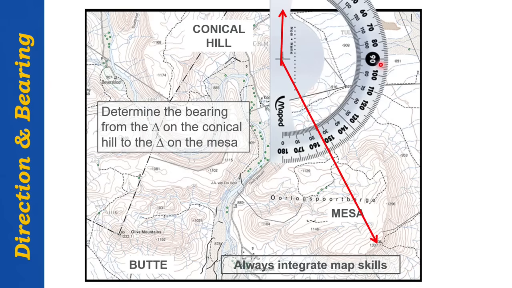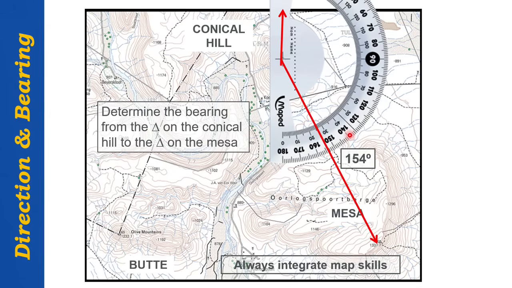We can't have 90 at the top. I don't have the entire protractor on here, but you know that 0 is in that direction, and we're going to measure in this direction, from 0. And I can see the measurements there, 60, 70, 80, 90, and it is 150 something, because there's 140, there's 150, there's 160, so it's going to be 153 or 154, something to that effect, okay? And I get 154 degrees. So this is a map skill that we need to know, and it was tested in exactly the same question